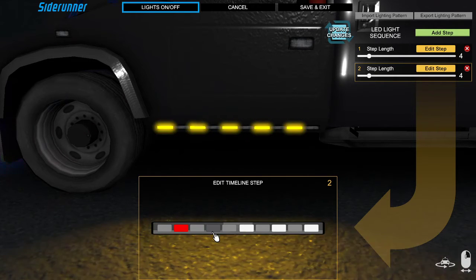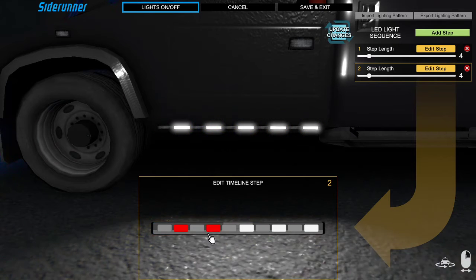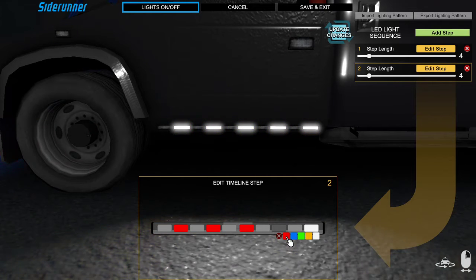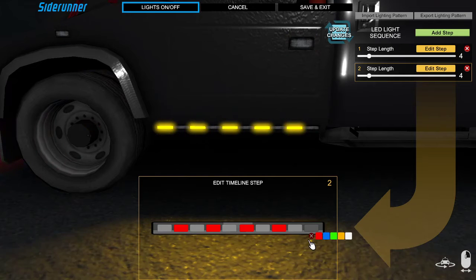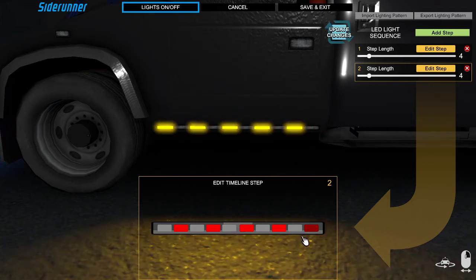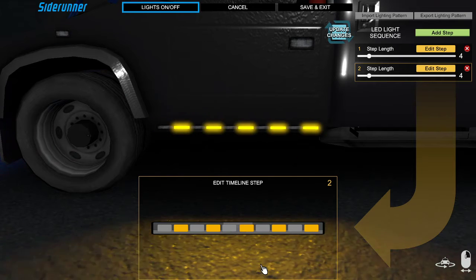Maybe red would look nice. Let's try red. Let's see, red, red, and red. Update and change. Nah. Alright, I ended up going all yellow, as you can see, but obviously you can do the same